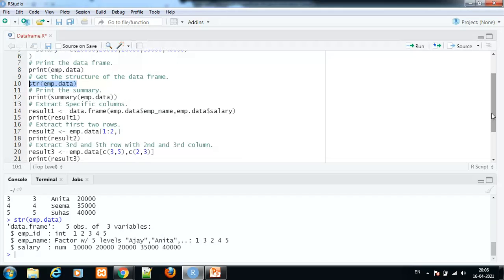Now how to extract a specific column? Let's see.